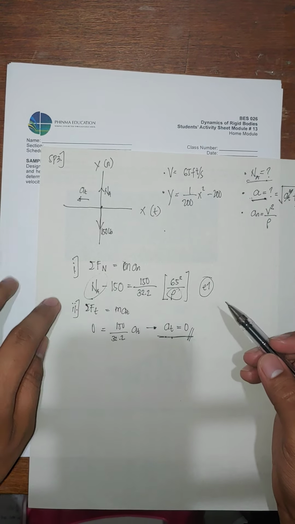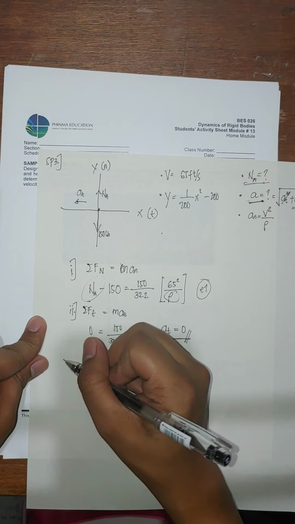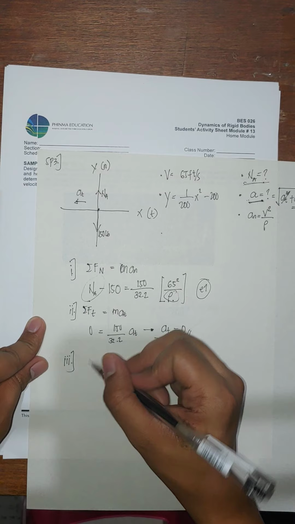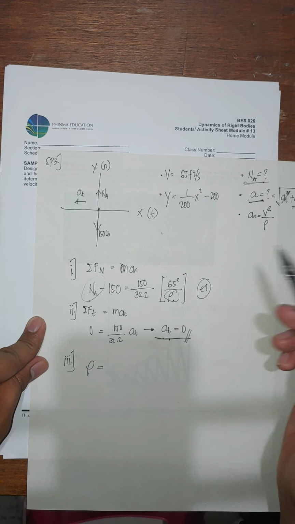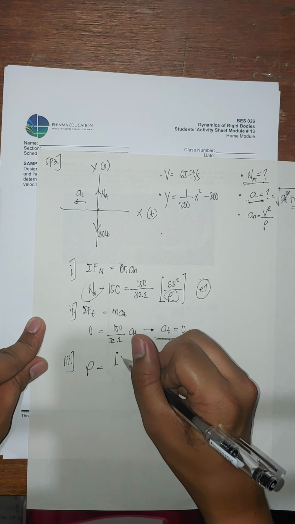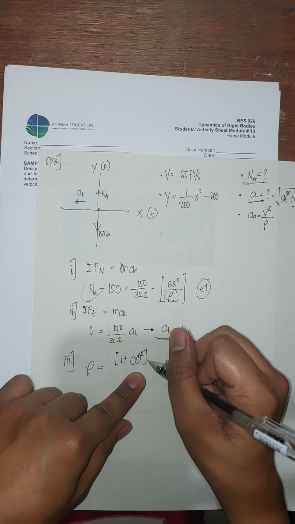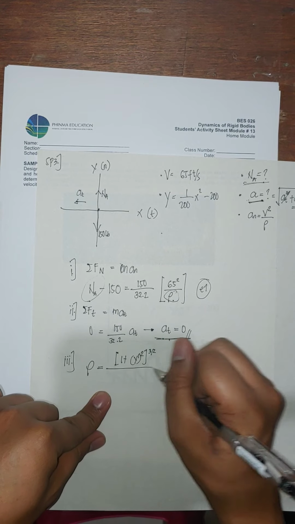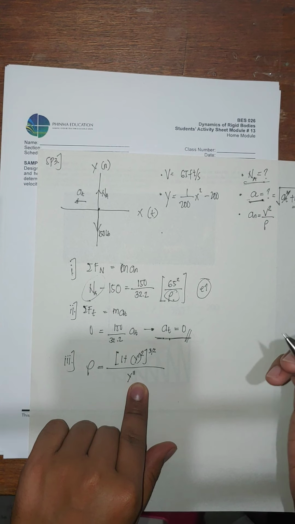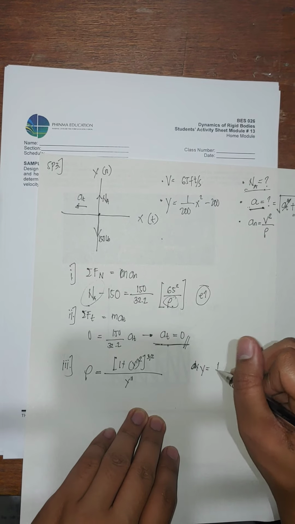Okay, next na to button, we have the summation of forces along the normal and the tangential. So, unsa yung next na to buhaton? Actually, itong problem here is just the rho. If you remember the radius of curvature, kung natin equation nga gihatag, that is equal to the quantity 1 plus the square of the first derivative y prime squared, raised to 3 halves, all over the second derivative or y double prime. Okay, so from the given equation, we have y is equal to 1 over 200